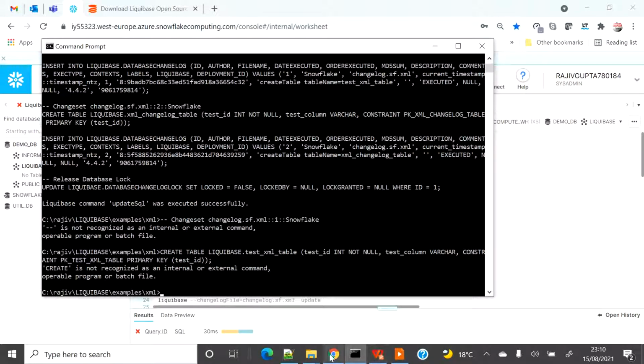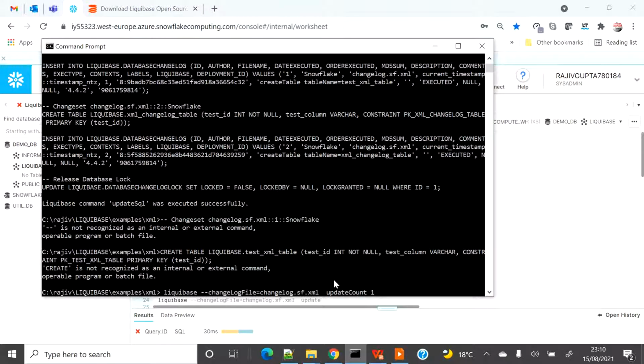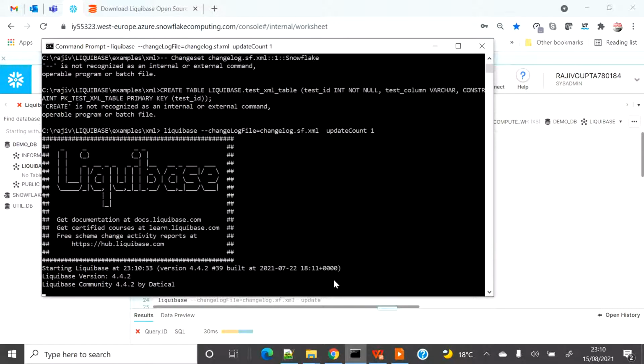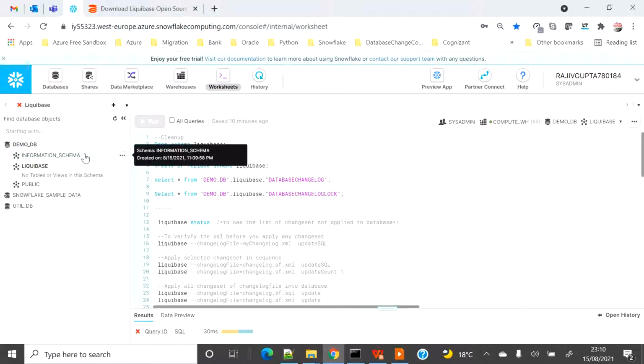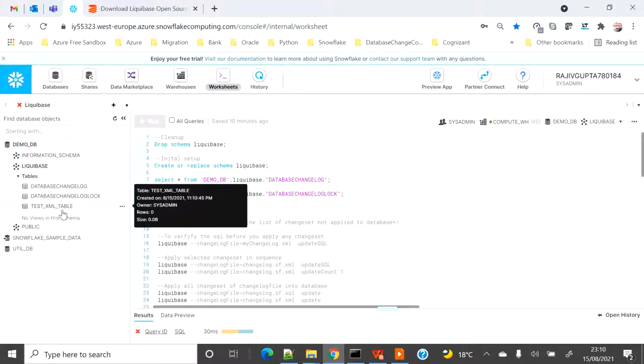All right, I think I have not copied properly. Okay, it is getting connected, and it's going to apply quickly. Meanwhile it is applying, let me refresh this. So you can see two tables have been created, the history table and the test XML table.